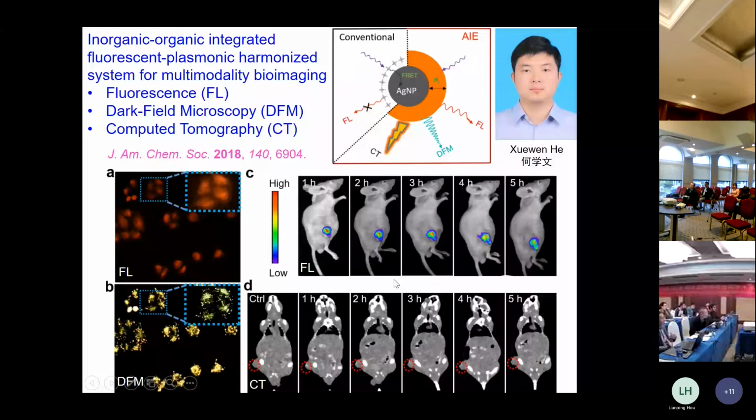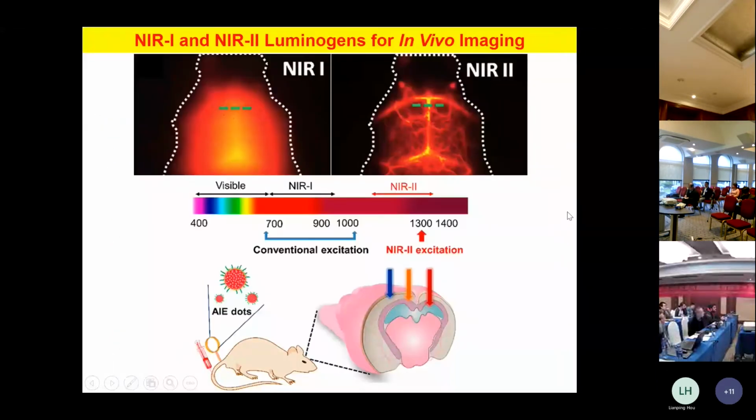And in this area, people like long wavelength emission, and this is easy to understand because so far I have talked about visible light emission. If we go to the longer wavelength side, from 700 to about 1000 nanometers, this is the so-called near IR1 region, and beyond that, that's near IR2. Both are better than visible light emission because the background becomes weaker.